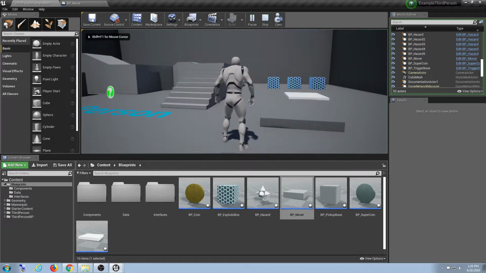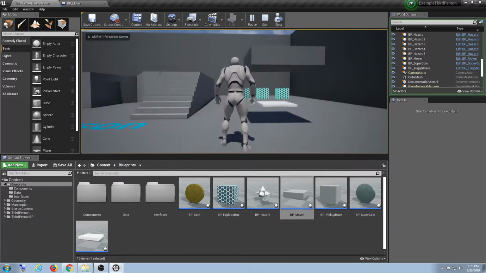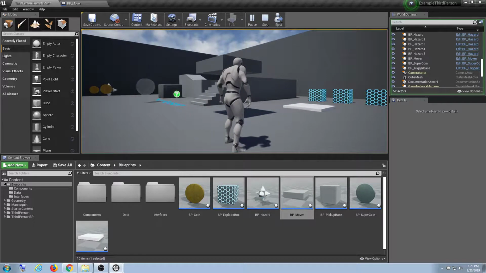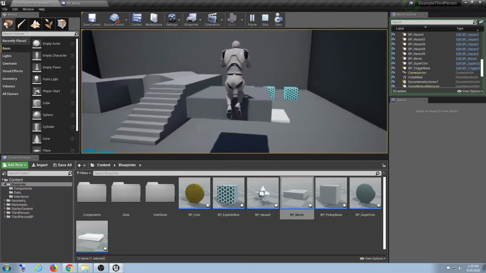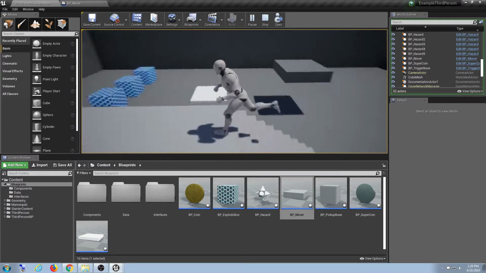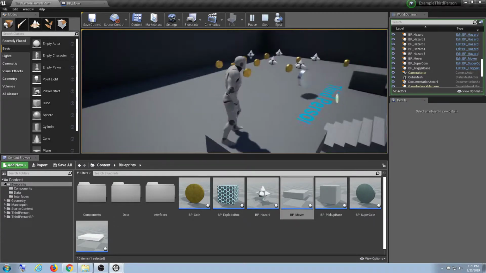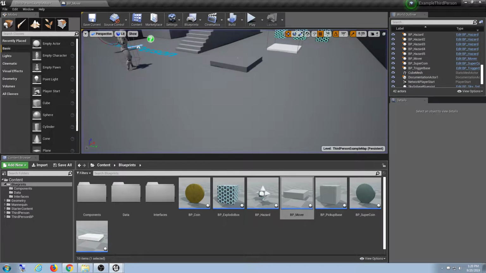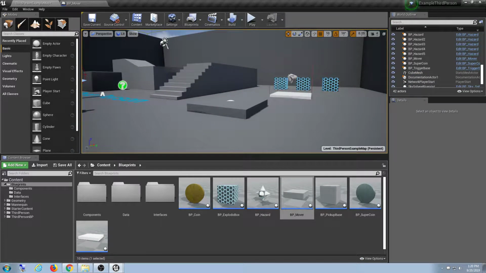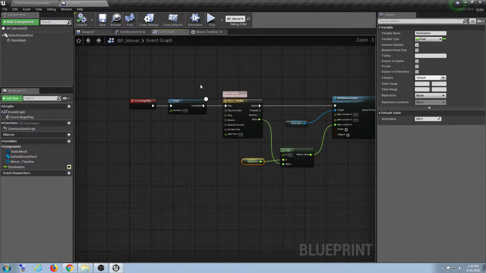So 2 seconds. There we go. And it moves up 200 units, right? And then it stops. This is too high for me to jump on. Go over here. There we go. So it moved up, it stopped, it didn't do anything else after that. Well, that's cool and all,